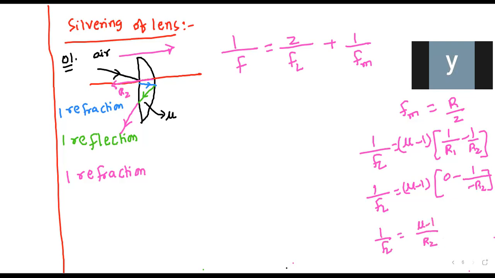See, in the entire ray optics, if you go slowly step by step, then only you will get it. Suppose in any step you are lacking the basics, then the entire problem will not work out.